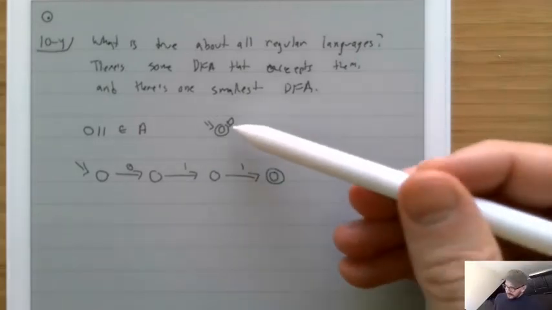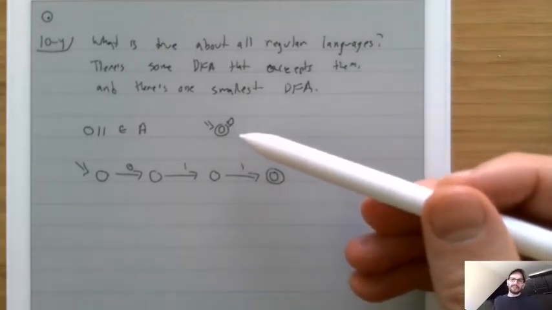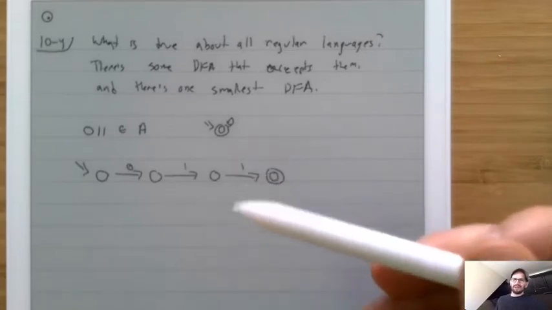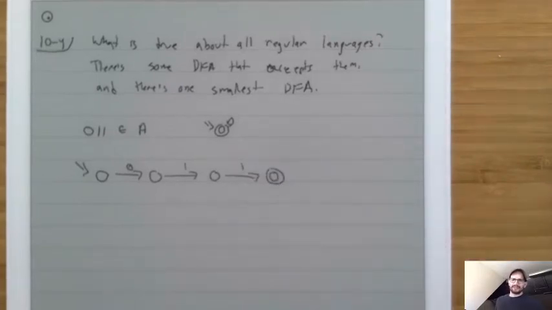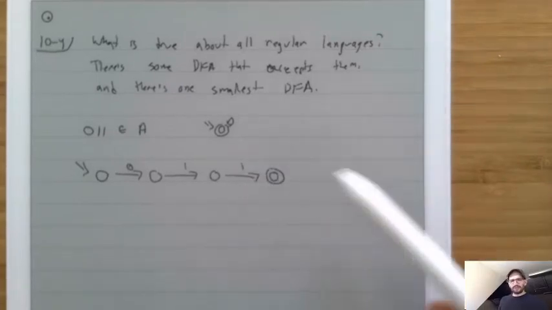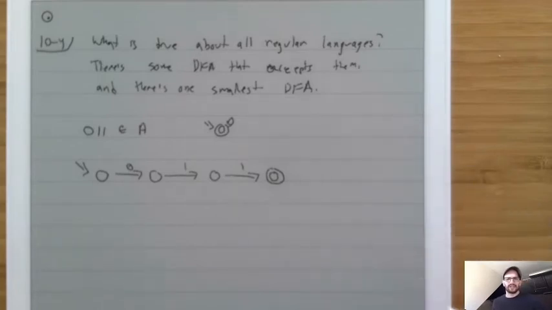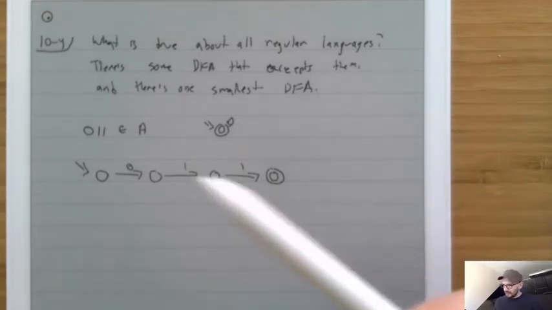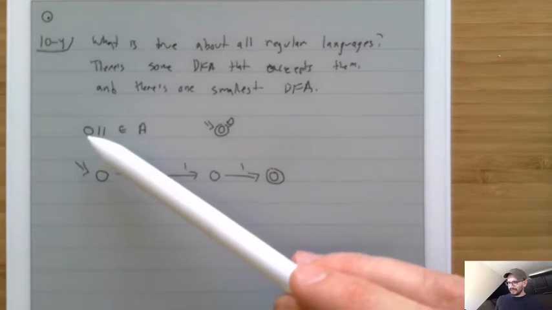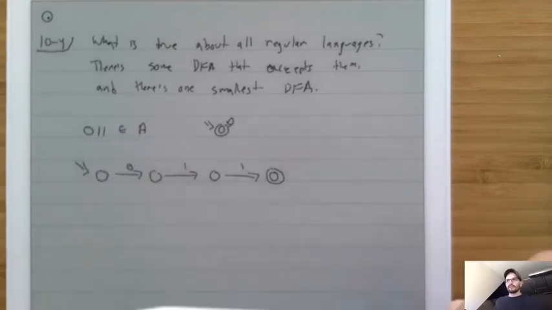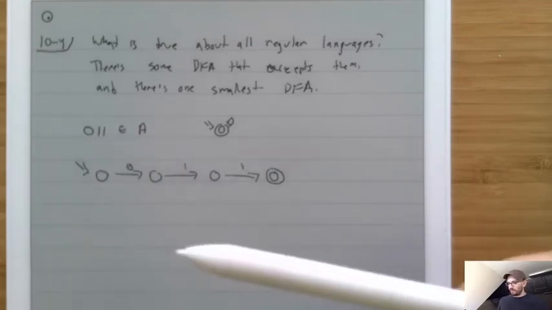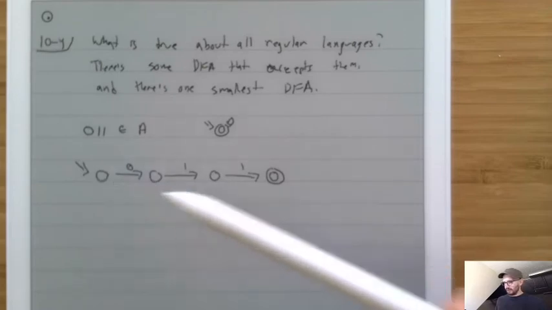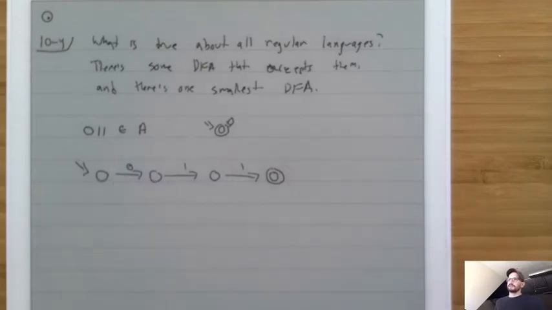So notice that this right here is like the smallest thing that could accept it, and this is somehow the biggest thing that could accept it. It's not literally the biggest because there could be other states that we didn't visit. But no matter what happens, if the input is 0, 1, 1, it's never possible to visit more than 4 states: the one we start in plus 1 for each of the other states. Okay.